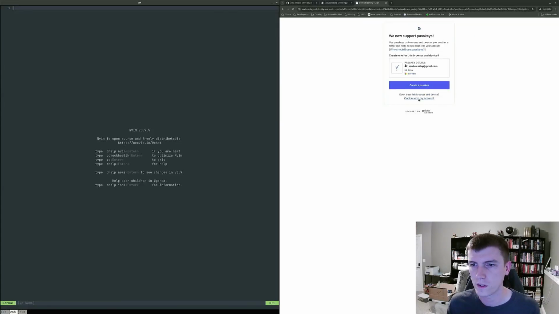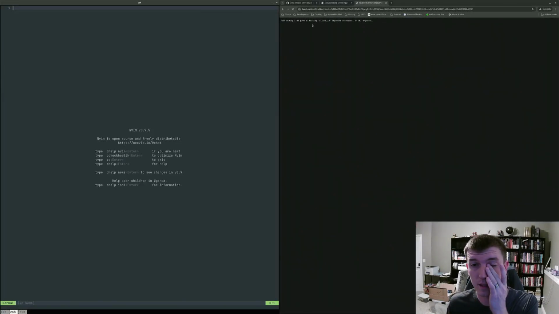So we'll do this. Now when I click this, it breaks, and it says that I'm missing a client ID argument in header or URI argument. That's such a weird one, because pretty sure I have, or at least I've made some changes.